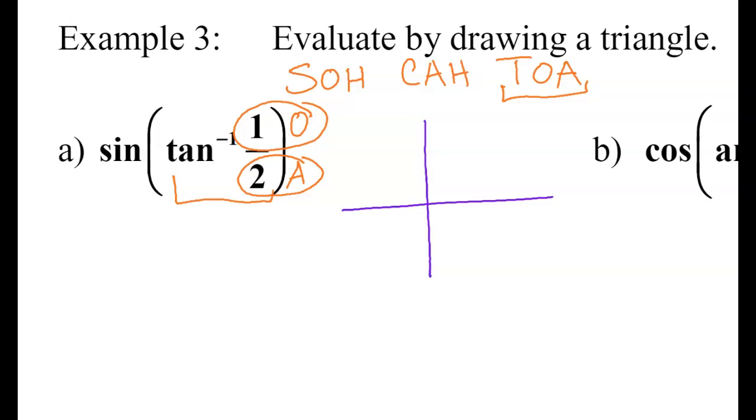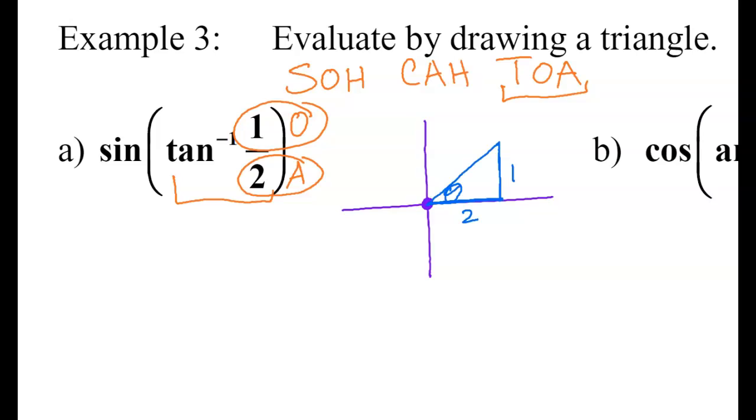Now this has a positive 1 as the opposite side and a positive 2 as the adjacent side, meaning my adjacent side is along theta, which is always on the origin. My adjacent side is positive, so I go a positive 2 on my x-axis, and the opposite side is 1, meaning I go a positive 1 for my y value,